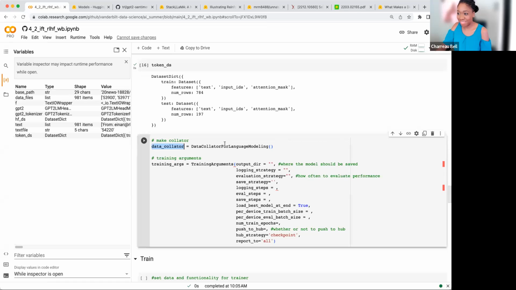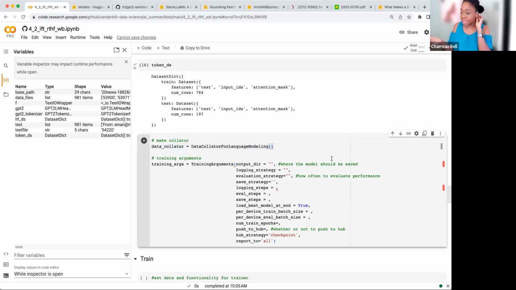Great question. Okay, so we have our data collator, and this is going to help us with training. Essentially, if you have a bunch of examples and you need to put them into a batch, so your model will digest more than one example at a time, they have to be padded to the correct size. This is going to help you with that. It's also going to help you put them together.